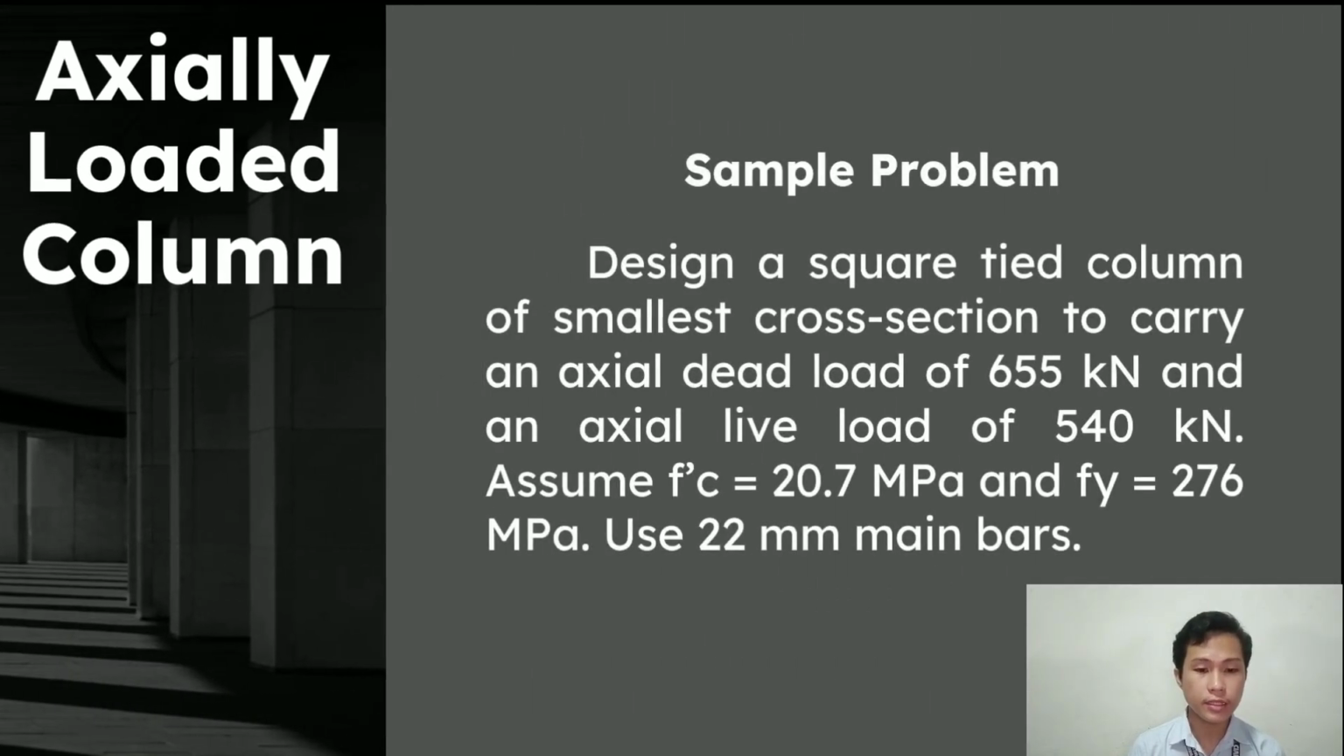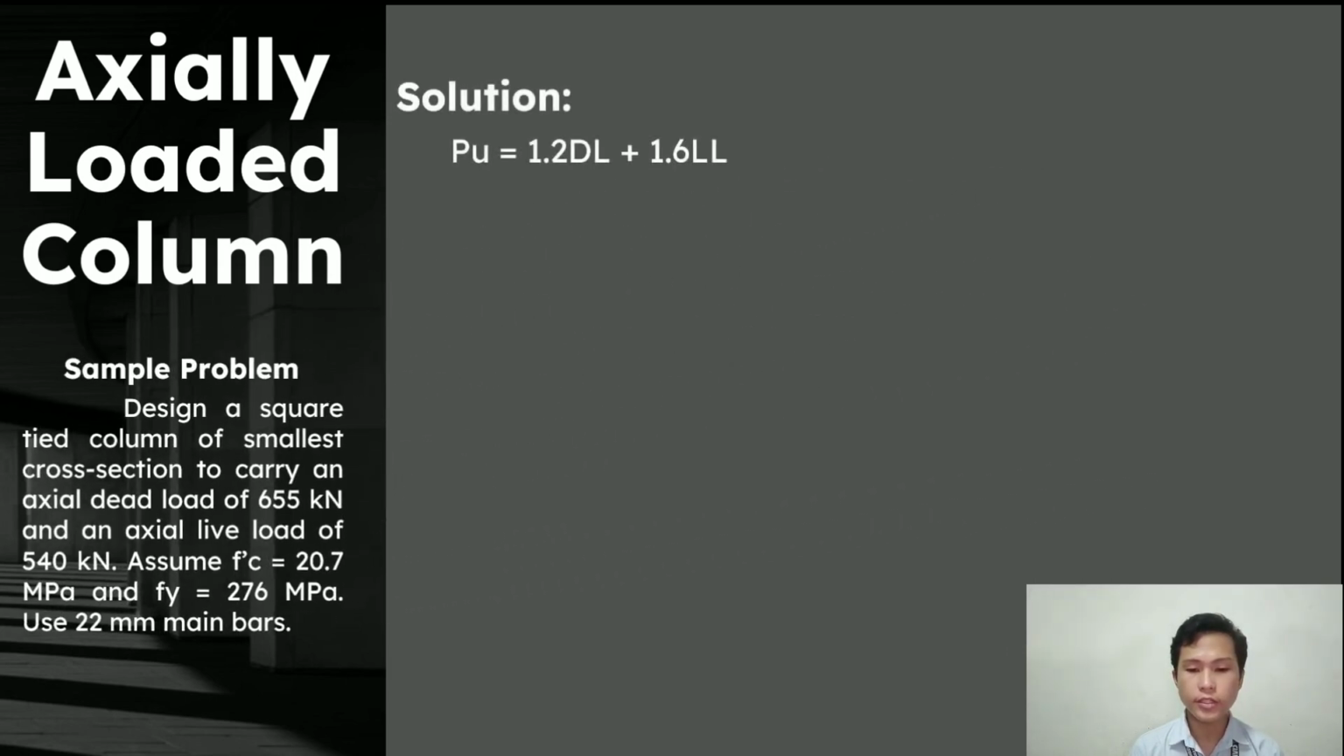So here is the sample problem. Design a square-tied column of smallest cross-section to carry an actual dead load of 655 kilonewtons and an actual live load of 540 kilonewtons. Assume our f'c is equal to 20.7 megapascal and our fy is equal to 276 megapascal. Use 22 millimeter main bars, and the first thing we need to do is to solve for our Pu,